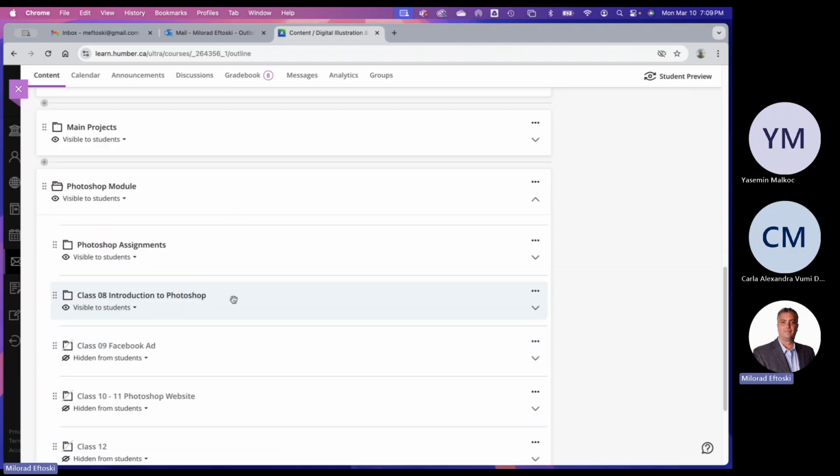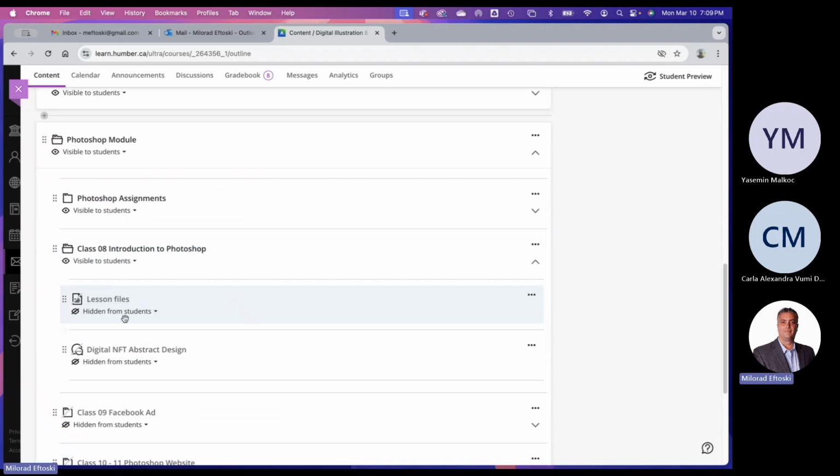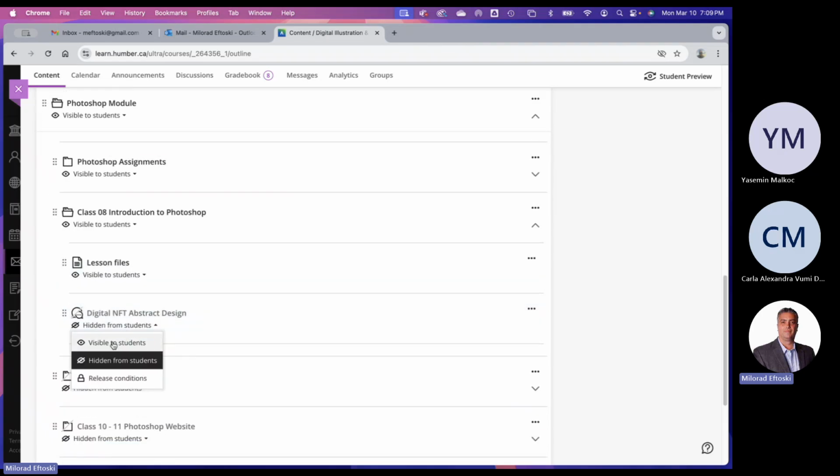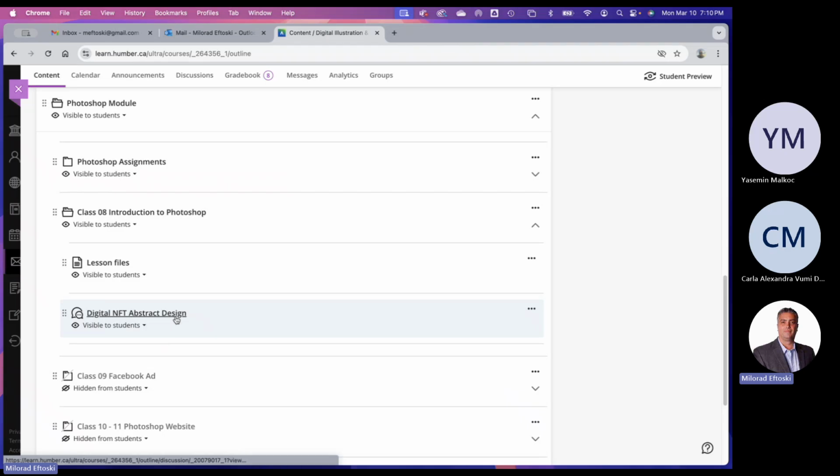This is the introduction to Photoshop. These are your lesson files. You're going to have those visible as well. And this is your digital NFT abstract design. NFTs were very popular. Again, people made a lot of money doing this. It was tied in with cryptocurrencies, and they made these digital graphics, or NFTs as they're called. Then basically, they sold them for lots of money, and we're going to make one of those just for fun, and you're going to upload that one onto this collaboration